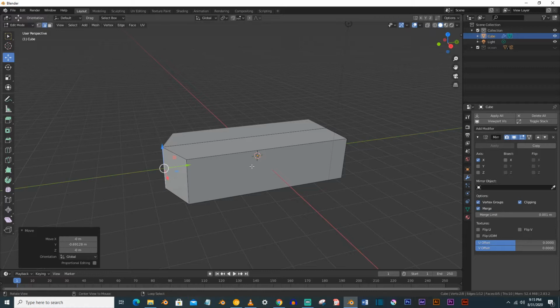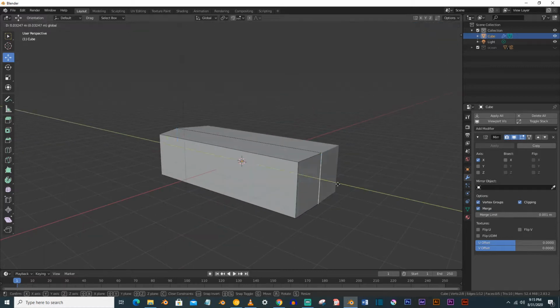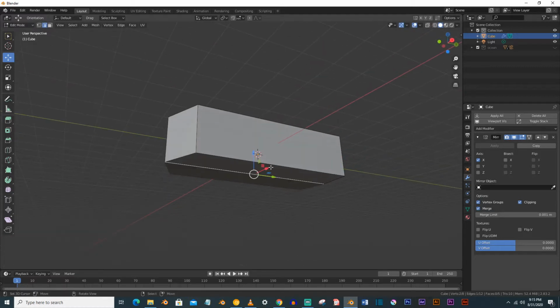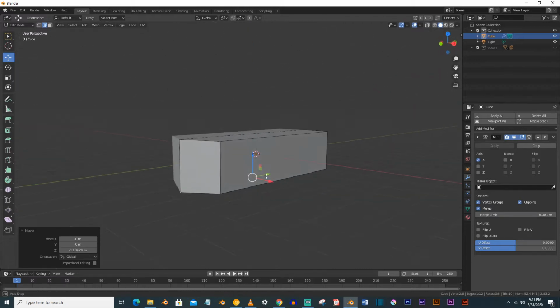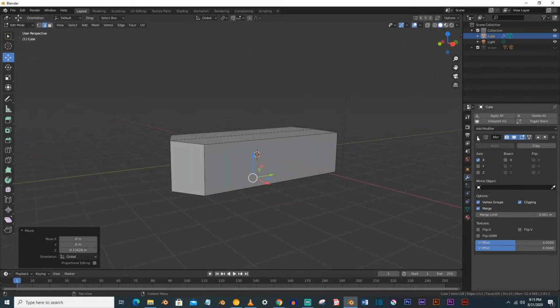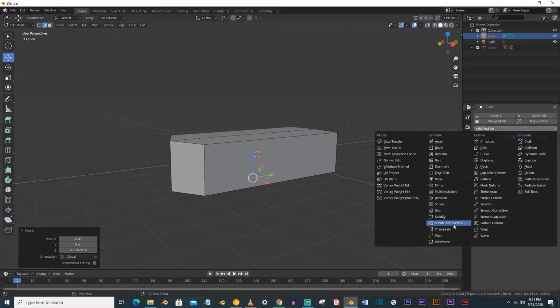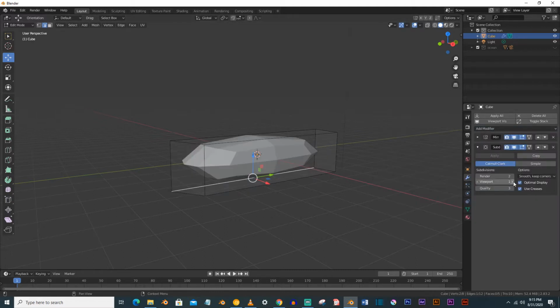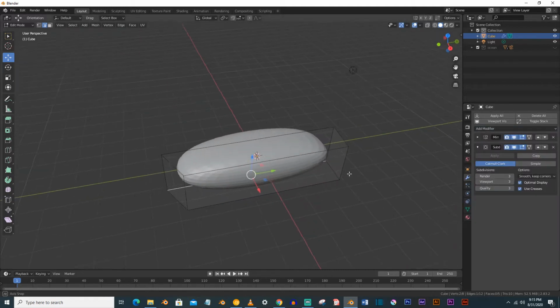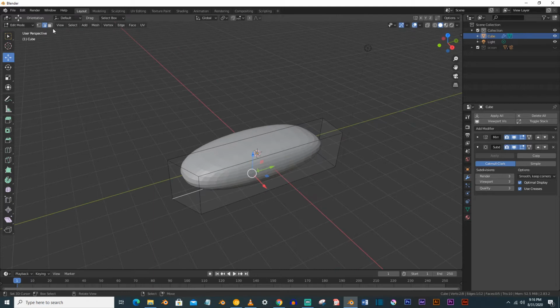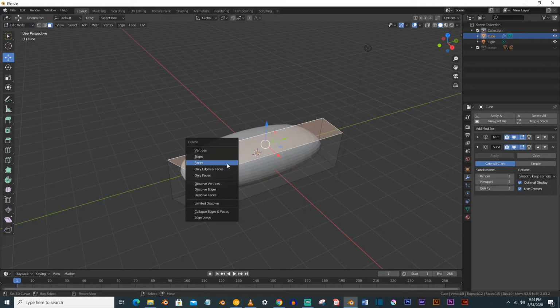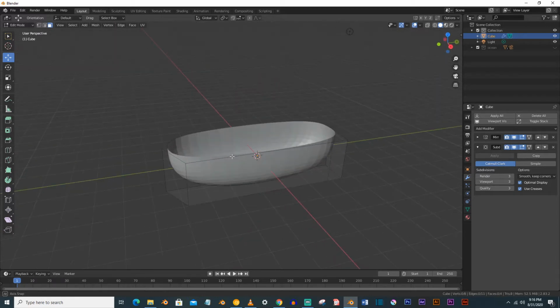So just quickly make a low poly boat, and you can also add a subdivision surface on it and make it 3 like this, and just delete the upper face so it will look like our boat here.